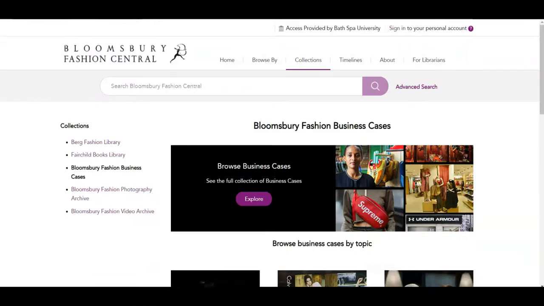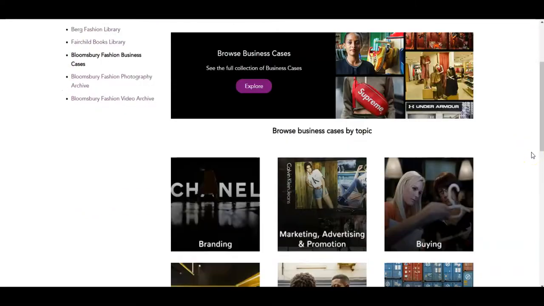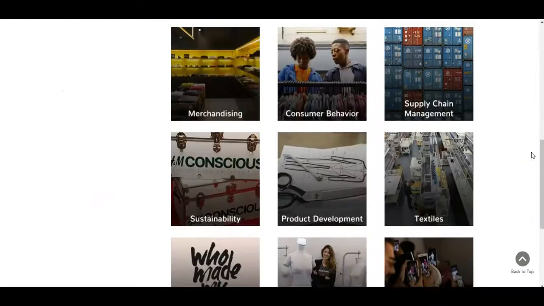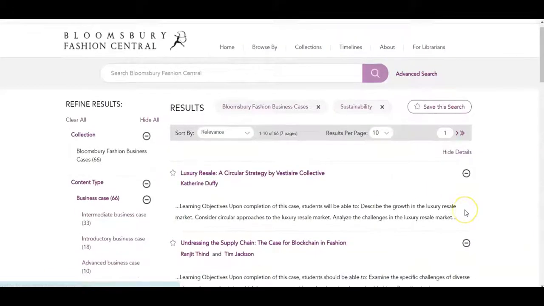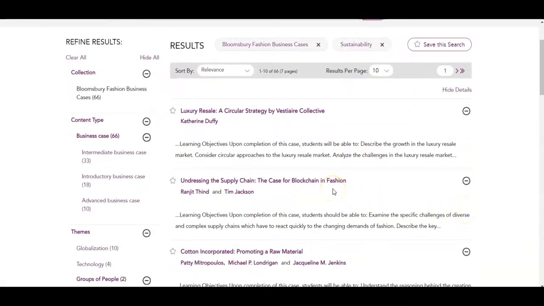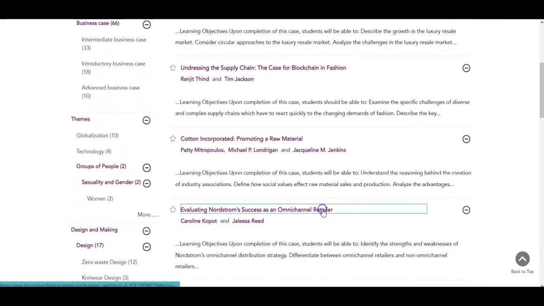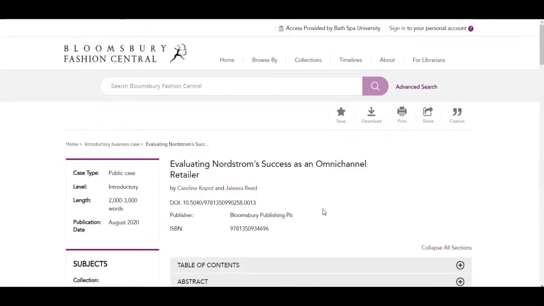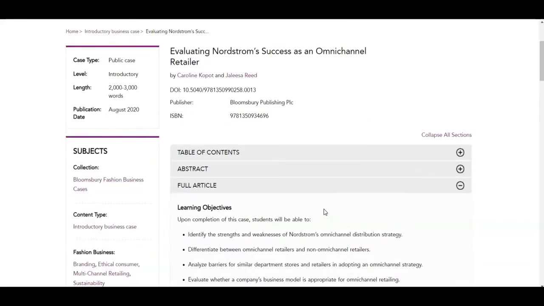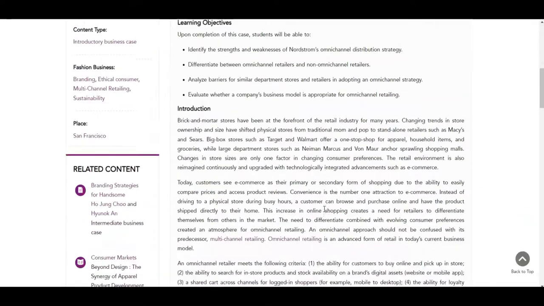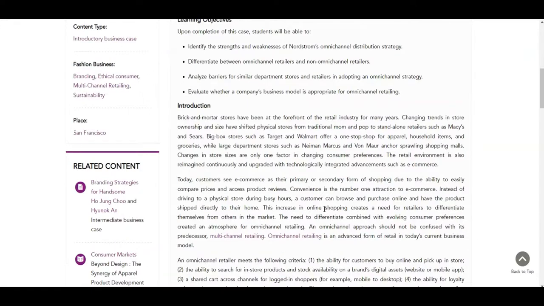The database is really simple to use. You can either browse by topic, and here you have your case study. Or you can search by keyword and then refine to business cases. For example,